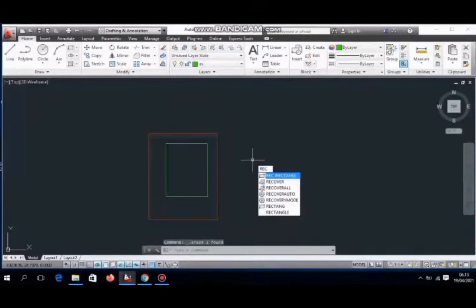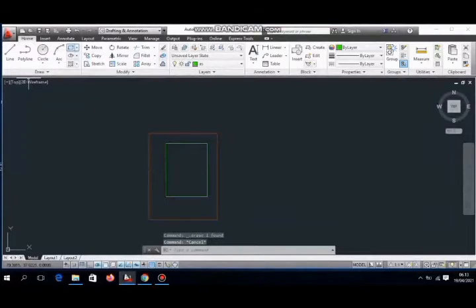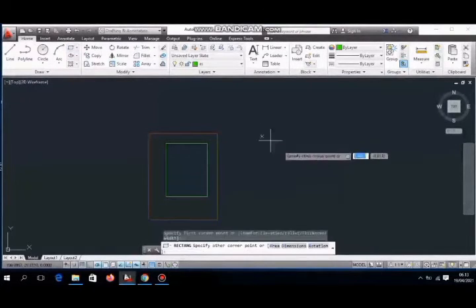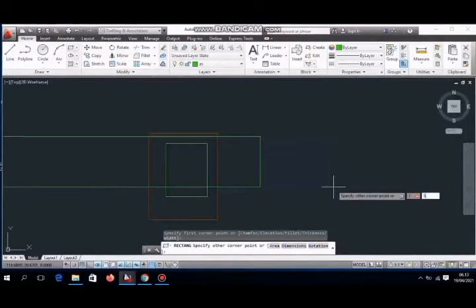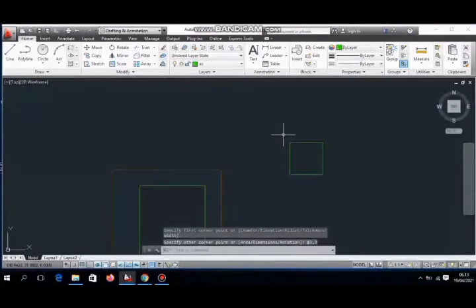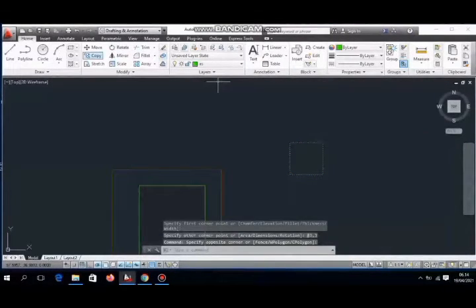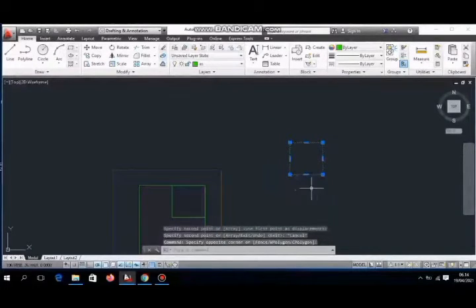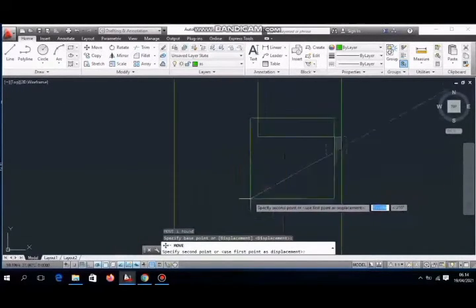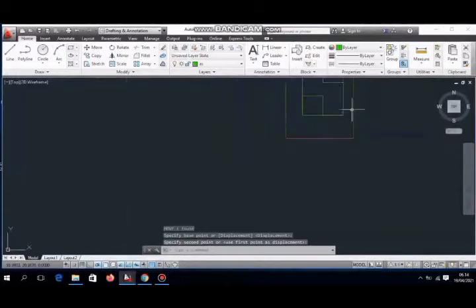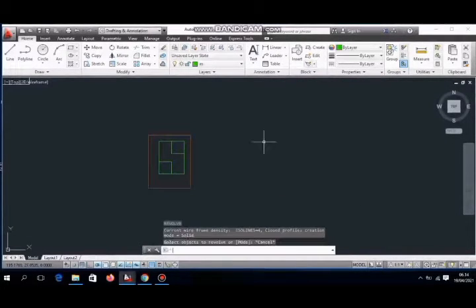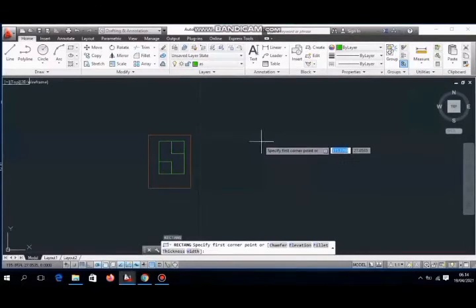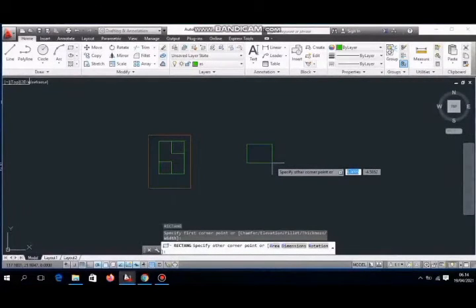After that, we make room, rectangle, enter, input the size, copy and move. After that, we make rectangle for bedroom, input the size.